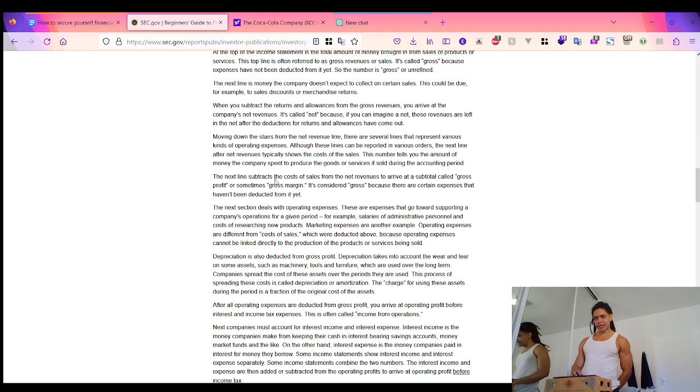The next line, subtract the cost of sales from net revenue to arrive at the subtotal called gross profit. So gross profit, subtracting the cost of sales means